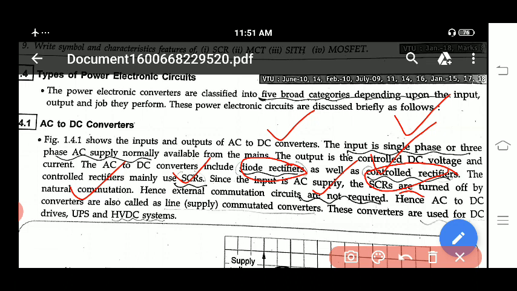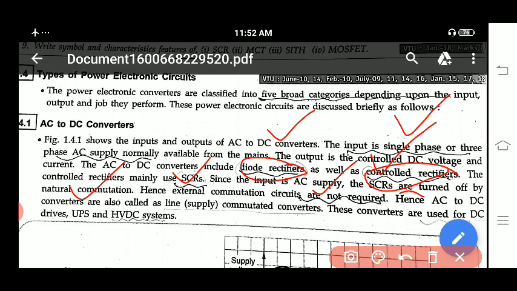You know that for your SCR, if you want to make the SCR turn off, you can't use the gate, because the gate has control over the SCR only during turn on. So if you want to make this SCR turn off, this negative supply voltage is enough. It will make a reverse biasing across this SCR. Obviously this AC supply makes this SCR turn off. You can call this a natural commutation. So for this you don't require any external turning off circuit.